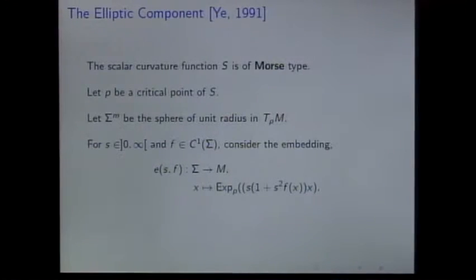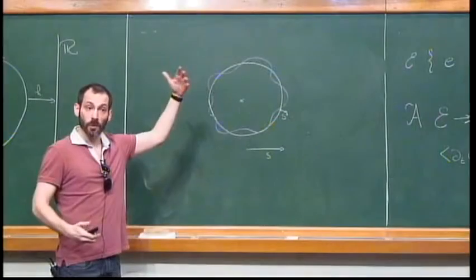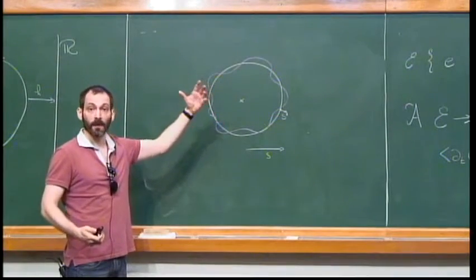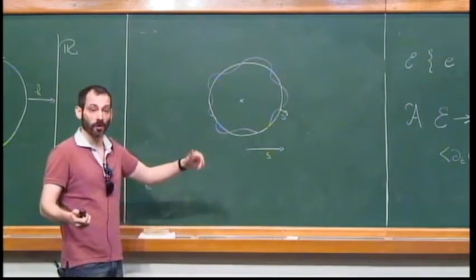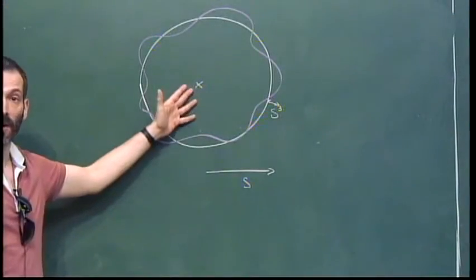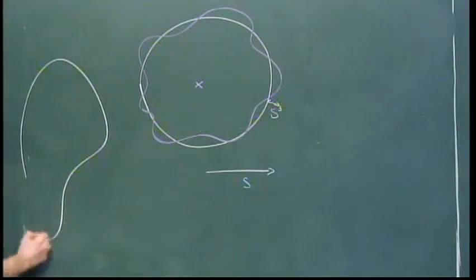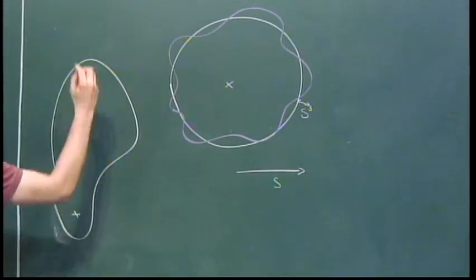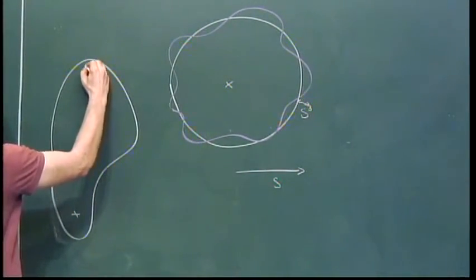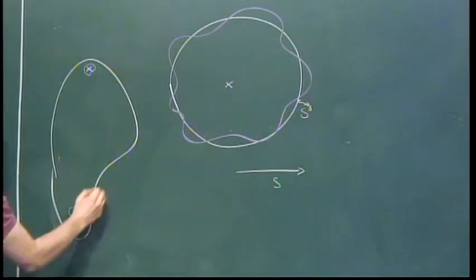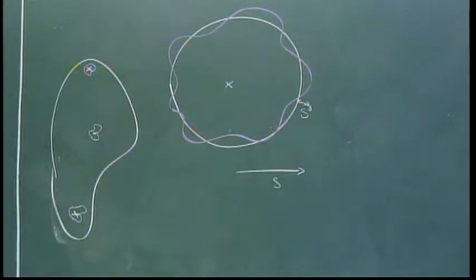So what Yi's theorem says is that if you have these spheres, for sufficiently small values of s, you can perturb them to get spheres of constant mean curvature, which are close to critical points of the scalar curvature functional. So imagine that we have a manifold here, we have my scalar curvature functional, then we know that radial spheres around the critical points of the scalar curvature functional perturb to give me CMC spheres, constant mean curvature spheres, which are the critical points of my area minus volume functional. So that gives me the critical points of my Morse theory.